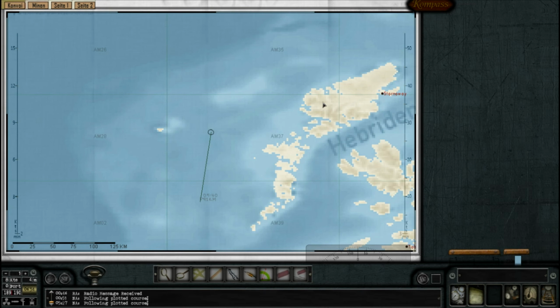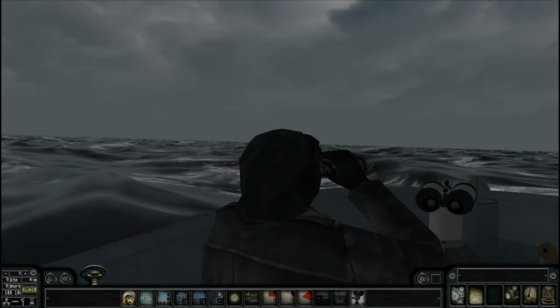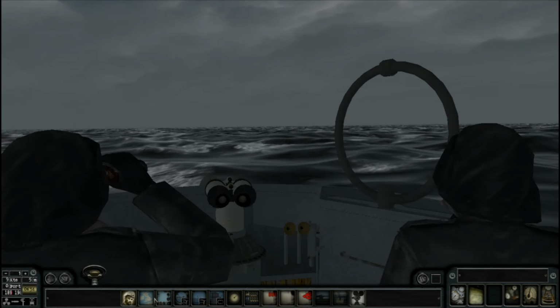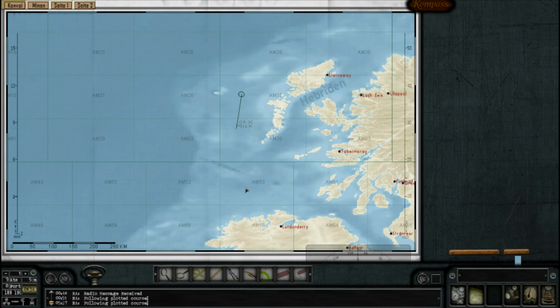We are still heading down the Hebrides right now. The storm is not letting up, so we're exactly where we left off last episode. And the plan is to head down to grid AM53 because I have a feeling we'll have quite a lot of shipping coming out of there, so we'll just head straight down to the Hebrides and down to this grid